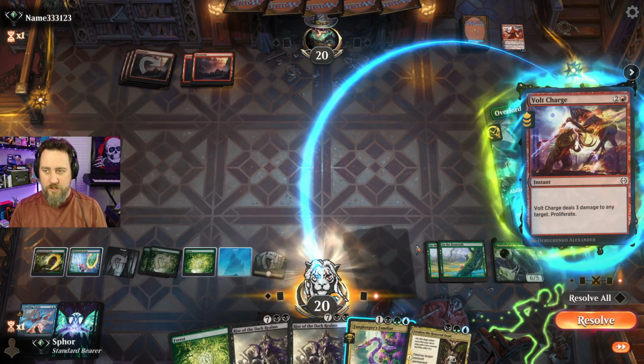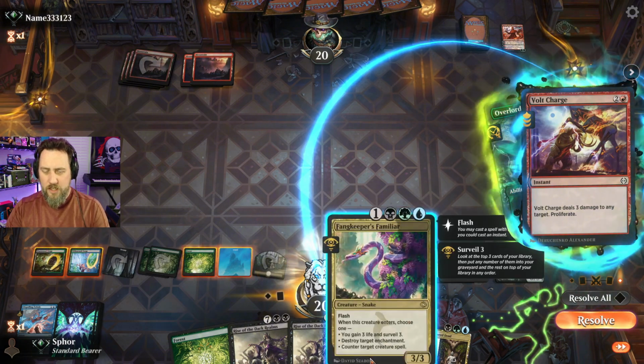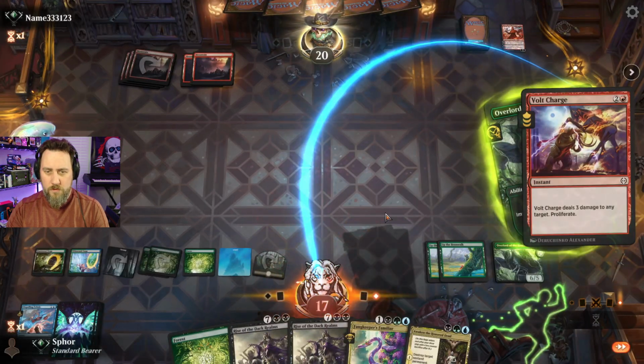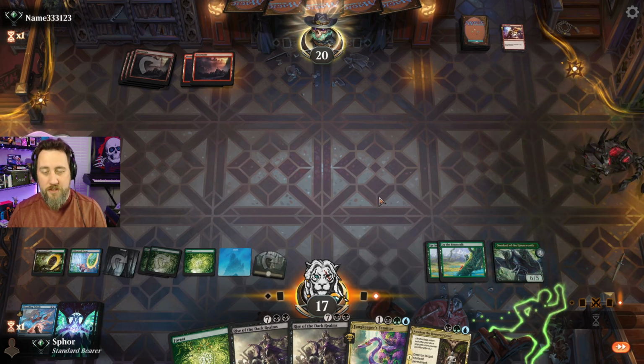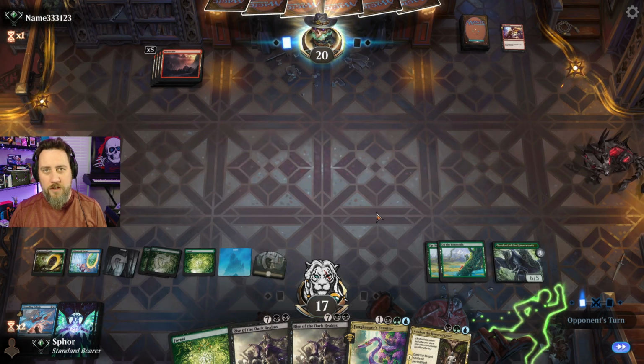I'm just wondering what they're doing over there. They're really going to do that. Okay. Sometimes you just want to vault charge people in the face. Send the message. I don't really know what their message is. Maybe they have too many cards in hand, but...